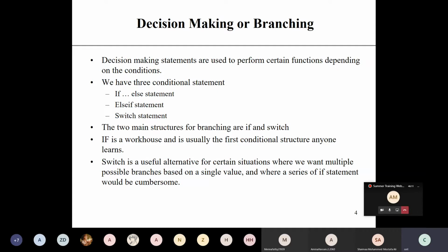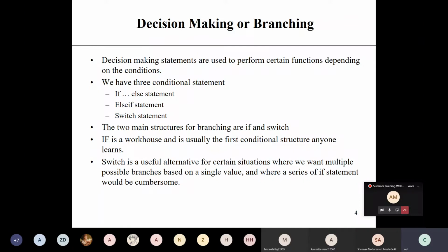First, decision making statements are used to perform certain functions depending on a condition. If the condition is true, do this thing. If the condition is false, do this thing. This is the work of a decision making statement. In PHP, we have three conditional statements. The first one is if else, which is the very basic one and mostly used. Then the else if statement.